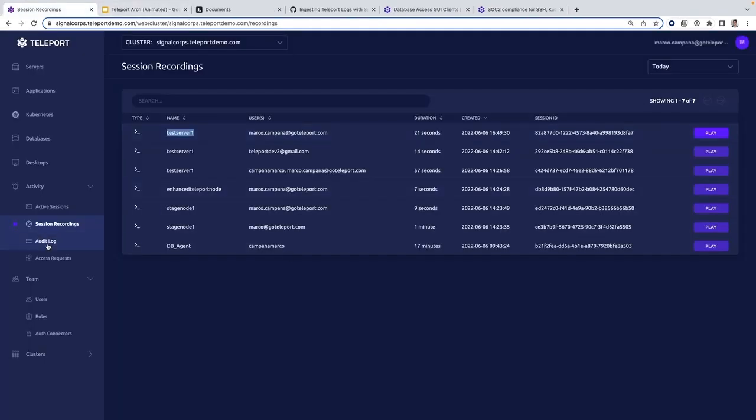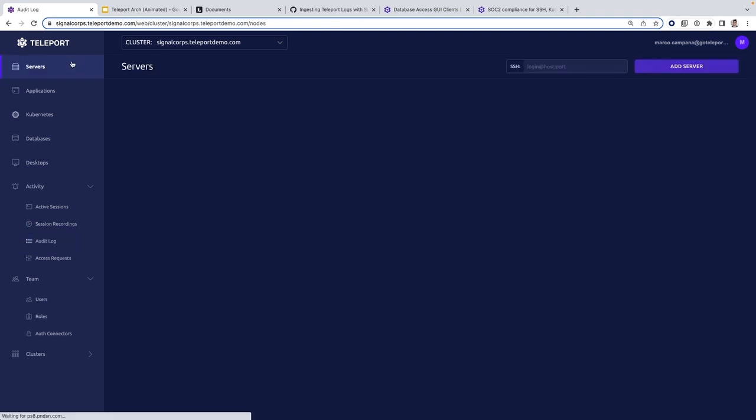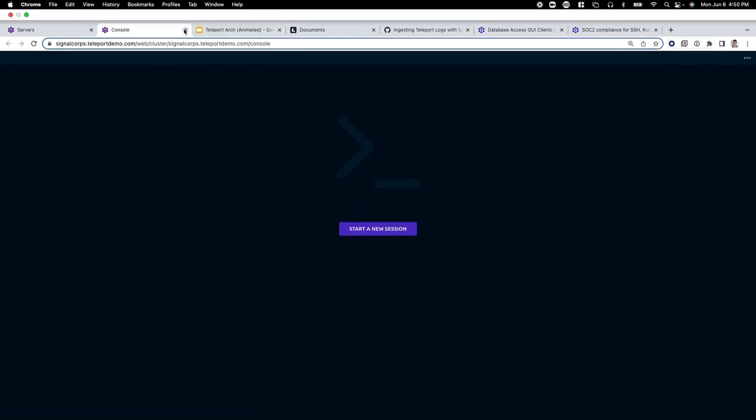Additionally, if you want more enhanced auditing than just the overall summary data of an SSH session, you can have enhanced BPF auditing enabled on your server. So what that means is Berkeley Packet Filter. I can connect here as root. And if I just issue a simple list all command and exit and go back to my audit log,